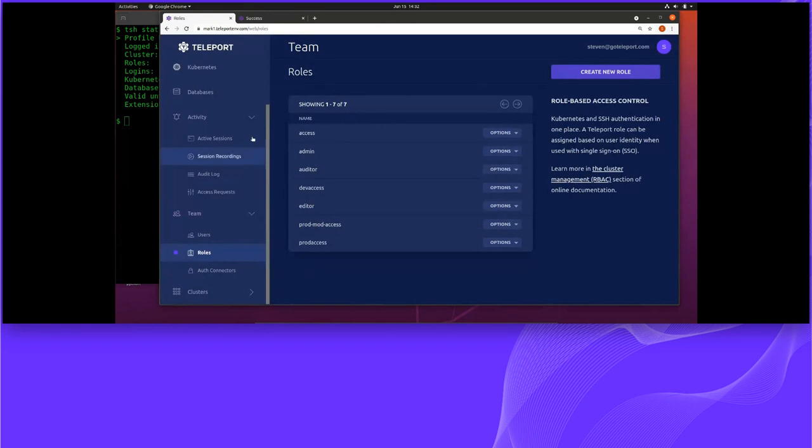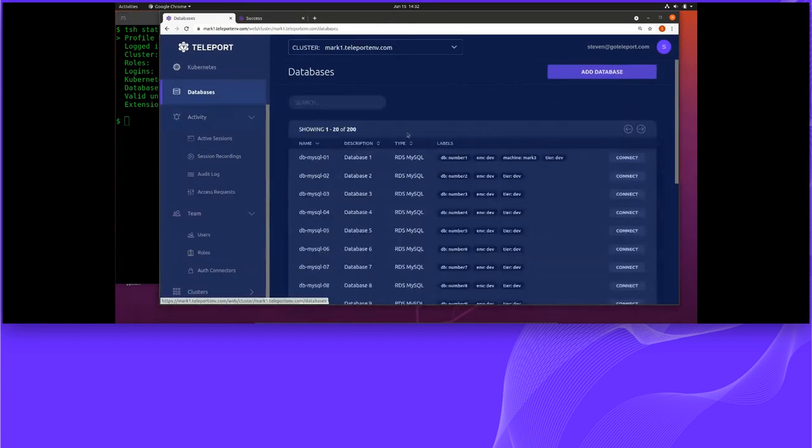Now, currently we support Postgres and MySQL. We also support Redshift on Amazon. We're looking at a number of other databases that we want to support in a similar way in terms of access and auditing. And in terms of how you deploy this, you'll notice that you can't really tell,